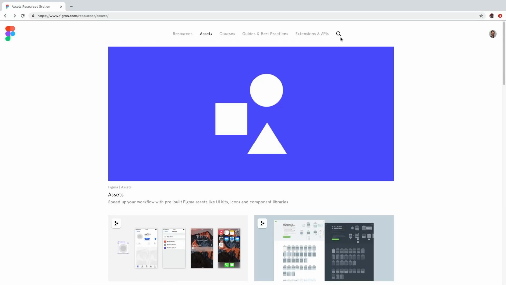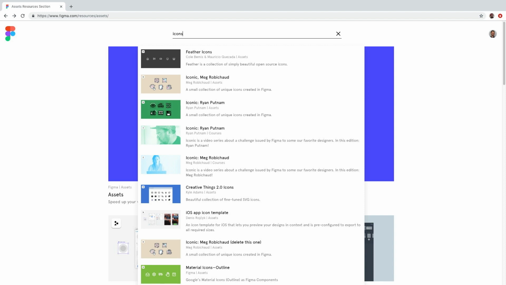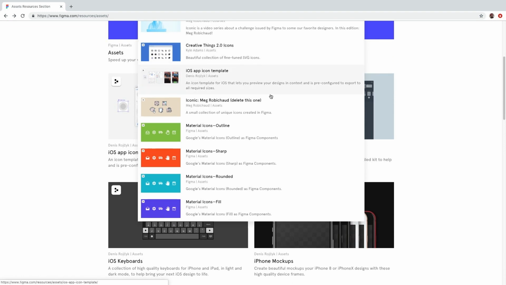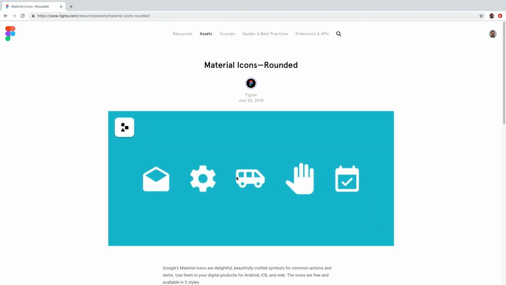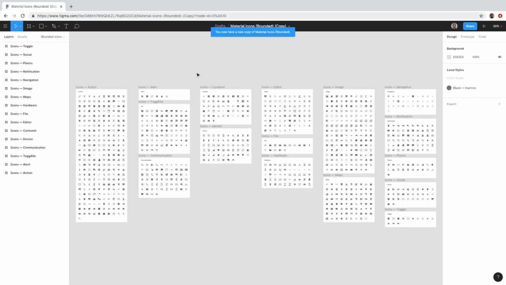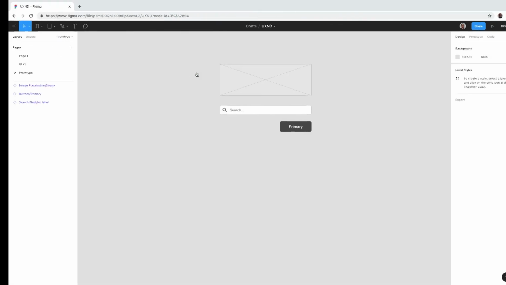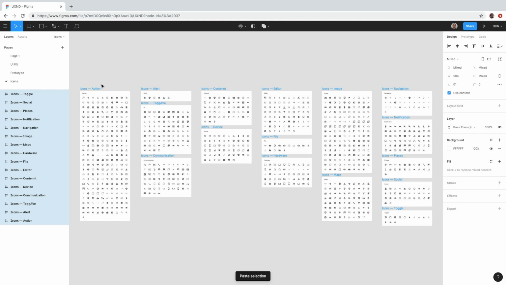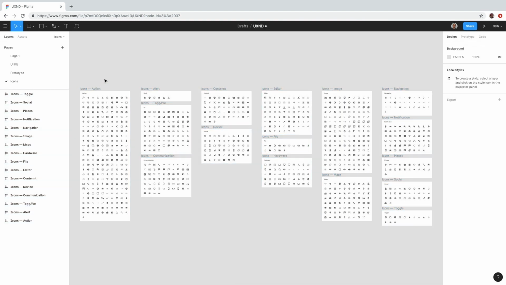You can import icons as easily as you do components within Figma's website. From the Assets page, searching for icons yields a tremendous number of results that we can import directly to our project. I like Material Icon Rounded. This is based on Google's material design. And I can open this icon set in Figma and copy and paste these resources into my main project in a new page as we've done before. I'm going to call this page Icons and paste in all of the iconography that I can now access across